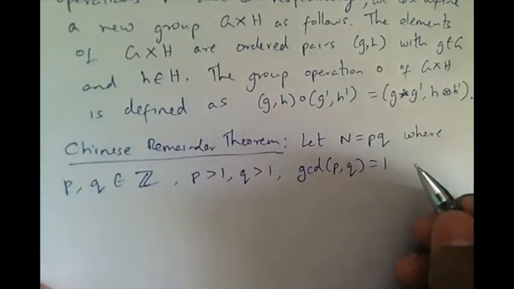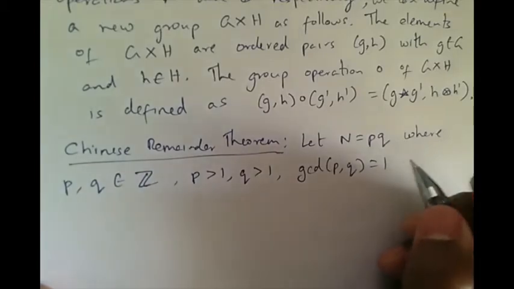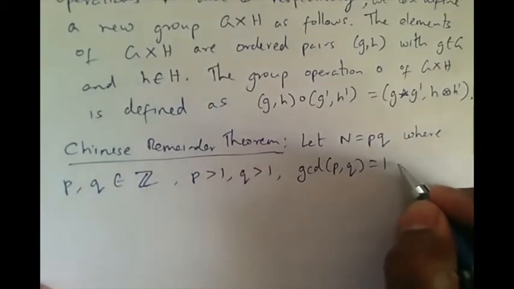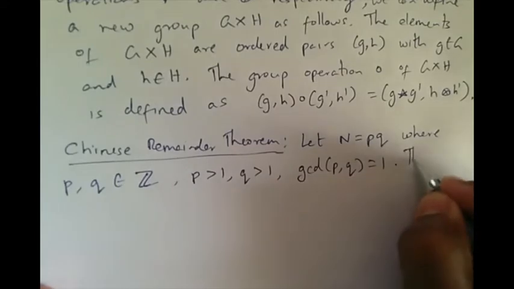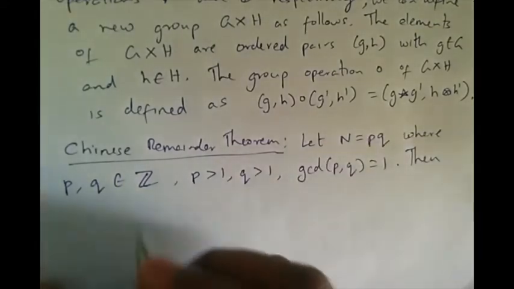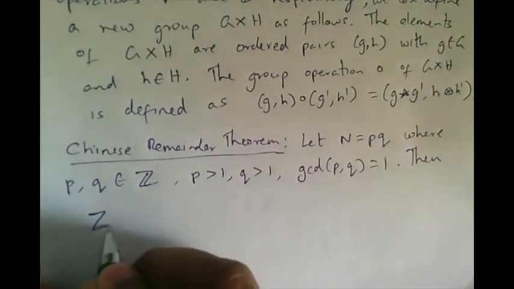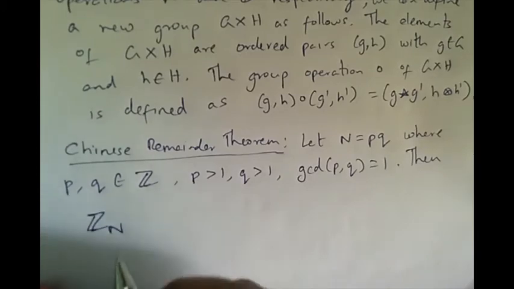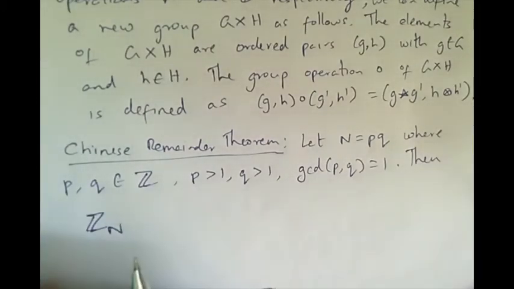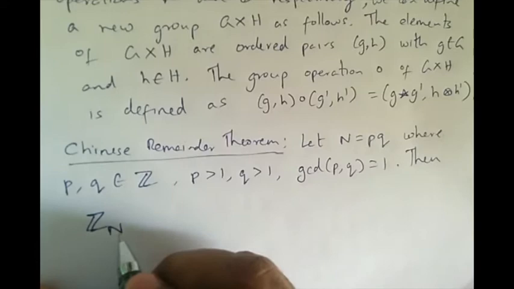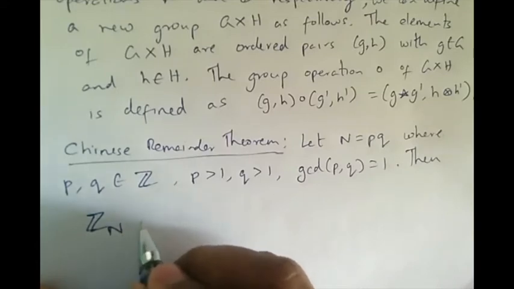So you have integers greater than 1 which are relatively prime. Then there are going to be two group isomorphisms. First is Zn, the group on the integers 0 to n minus 1 with addition modulo n as operation,